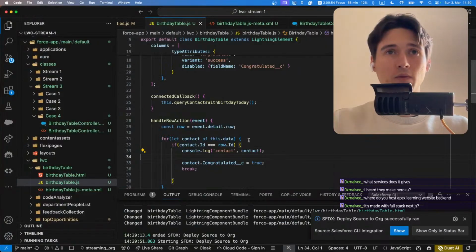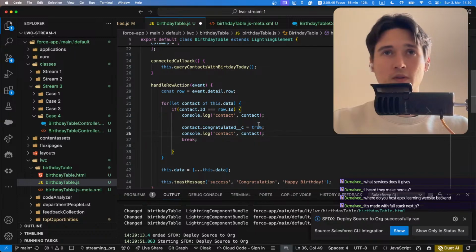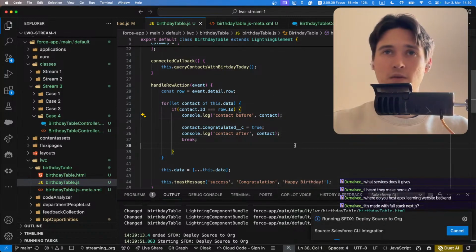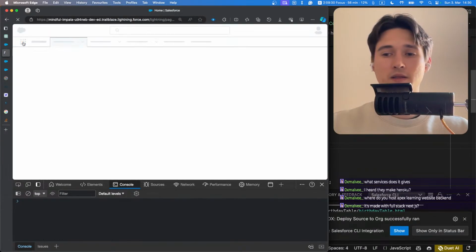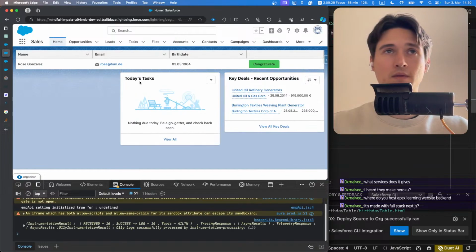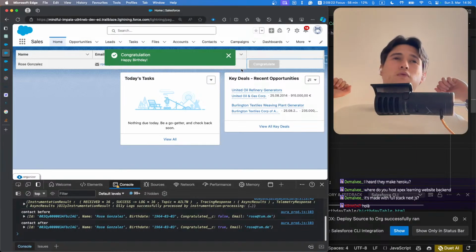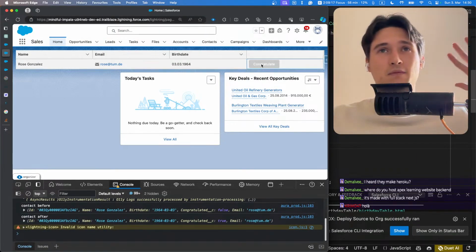So by default it was false. Here it was false, and now if we outputted contact before and contact after, I think we're gonna see the difference. So we did set the contact to true, but it does not trigger to re-render this congratulate, which is really not great. No, okay, now it works. Oof. That was the hardest part. That was the part that I was concerned about the most, because if that doesn't work,